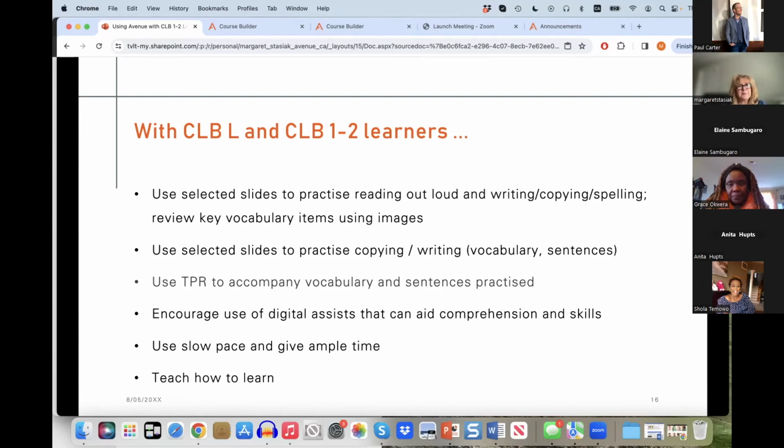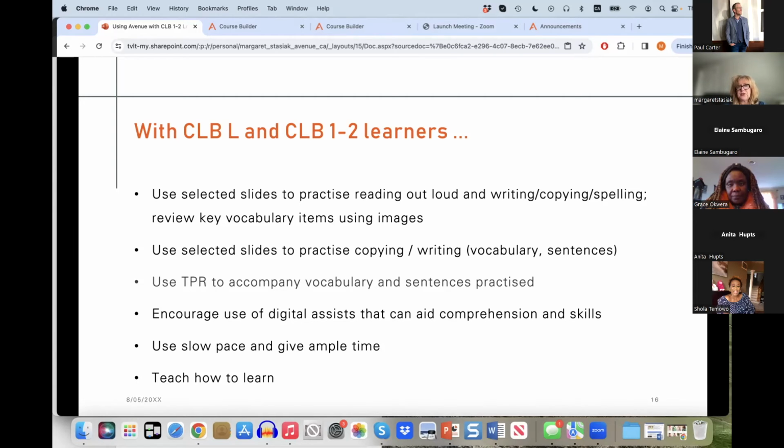So in terms of these digital assists, I mean here speech to text, for example, an app, or having a translator that they can have on their phone. It just makes it so much easier for the learner, especially at this very low level, to be able to understand the instructions, to be able to use what is on the screen in order to perform the tasks that they're required to do. So it's also important that you include teaching how to use these digital assists in your